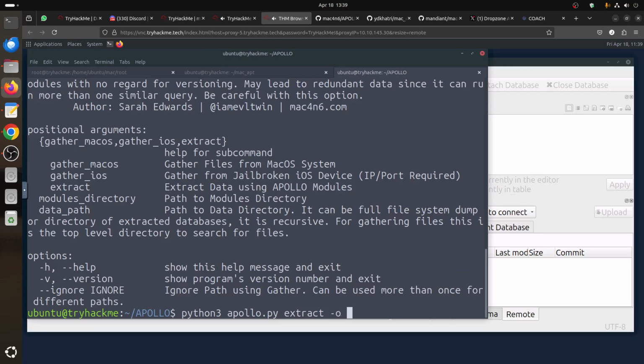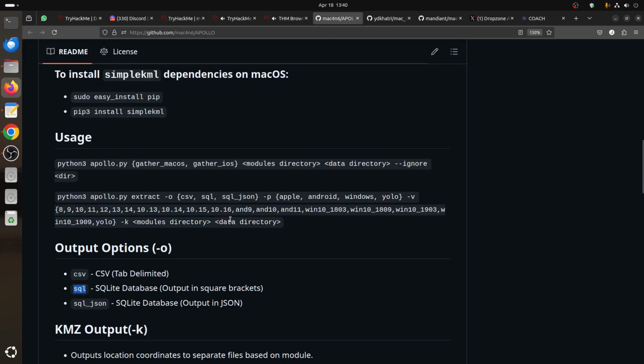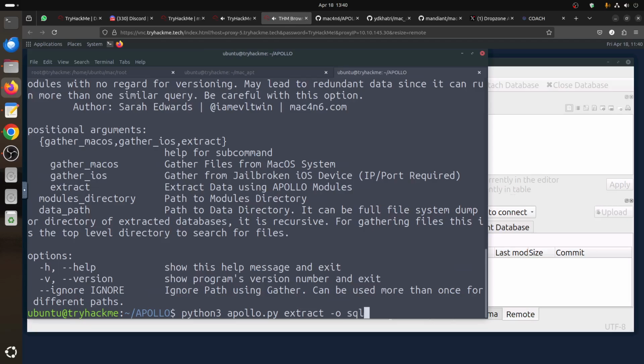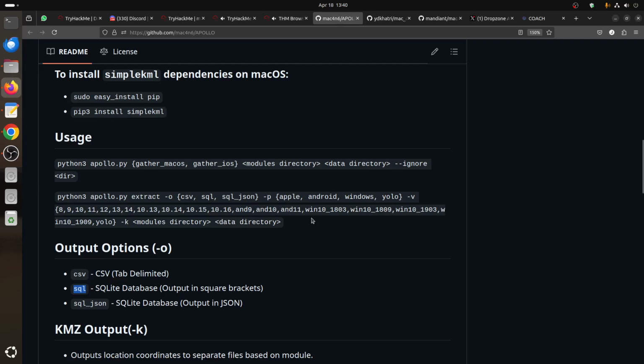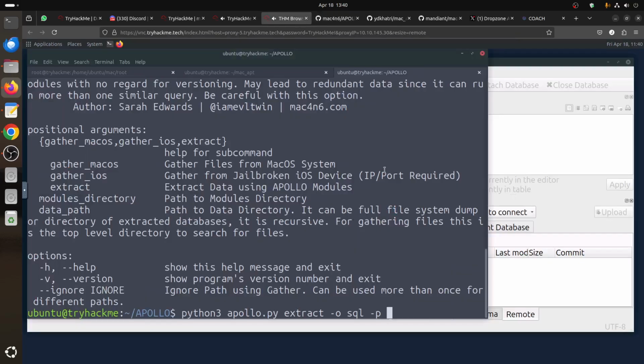Output, let's say we're not doing CSV, let's try something different. We did CSV with the other one, let's do SQL. SQL, and let's do that. If you are in doubt, just use YOLO. Minus YOLO, and then yeah, minus V, just say YOLO, do whatever it is. Minus K,